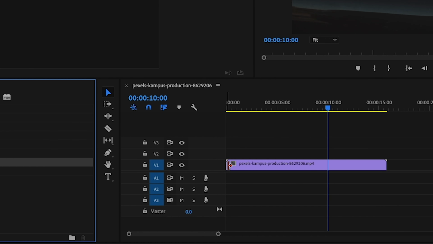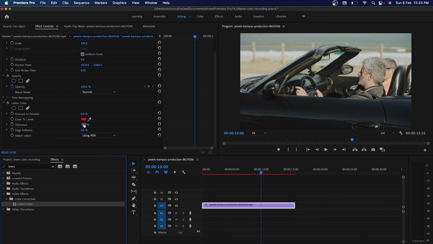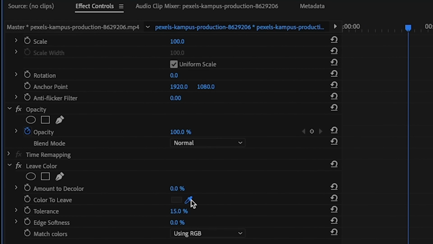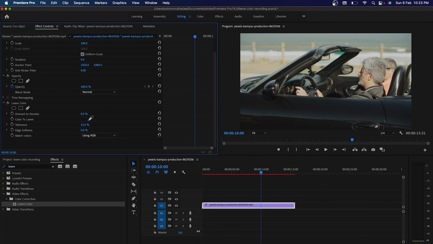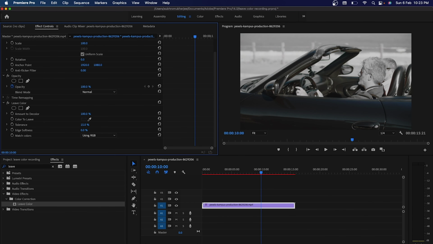Make sure that your video file is selected and then just double click on leave color. So now in the effects control panel, just select the eyedropper tool and then select that color. Basically here we are going to select the car color, and then here amount to decolor, just increase the value of it